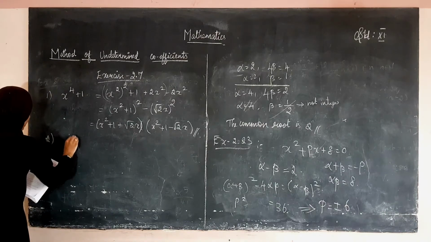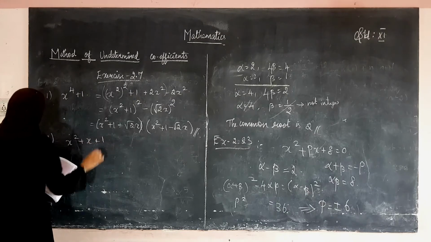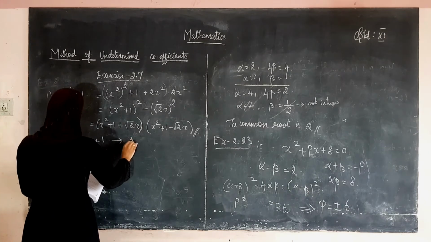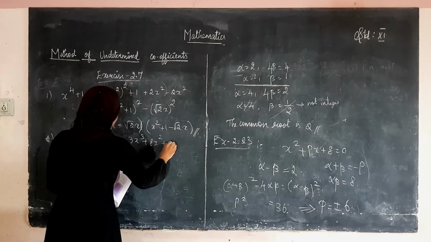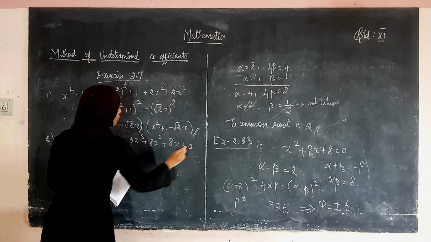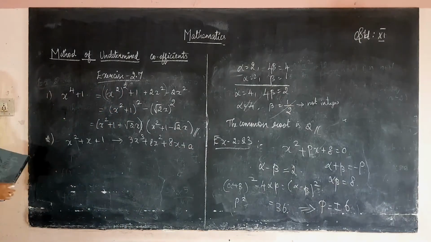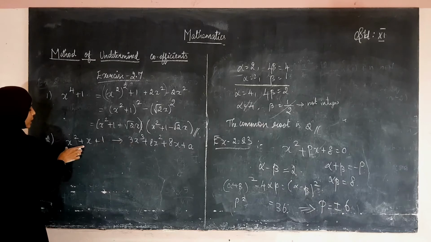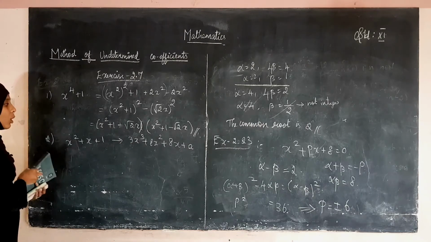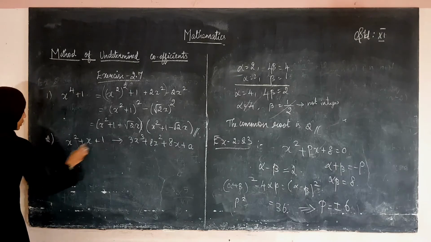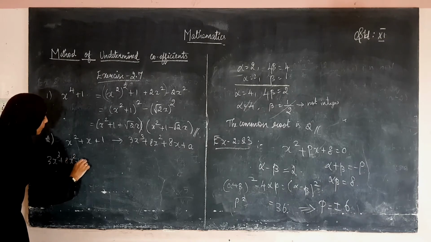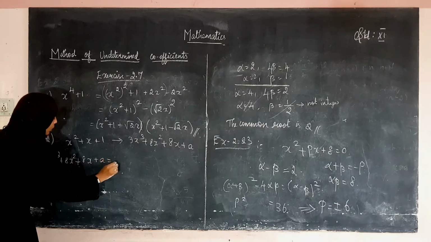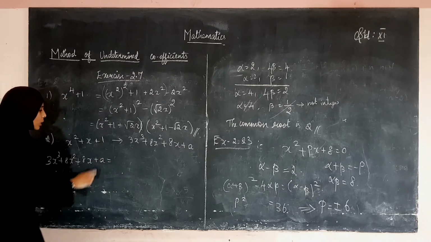If x square plus x plus 1 is a factor of the polynomial 3 into x cube plus 8 into x squared plus 8x plus a, what we have to find is the value of a. So this is a cubic polynomial, and this is one of the factors. What you are going to do is, on the left hand side take the polynomial 3x cube plus 8x squared plus 8x plus a, which is equal to one of the factors, this, and another factor we have to get.